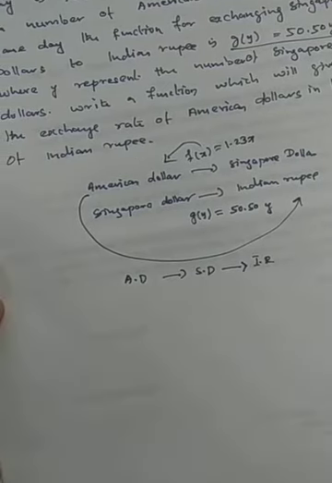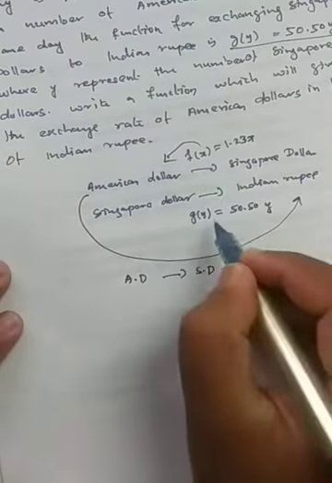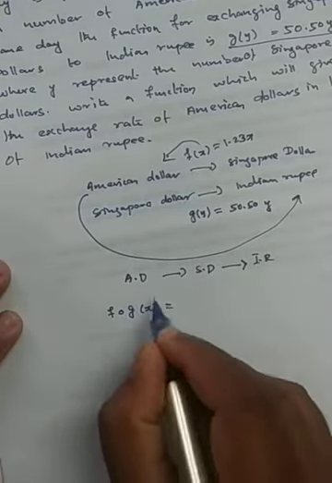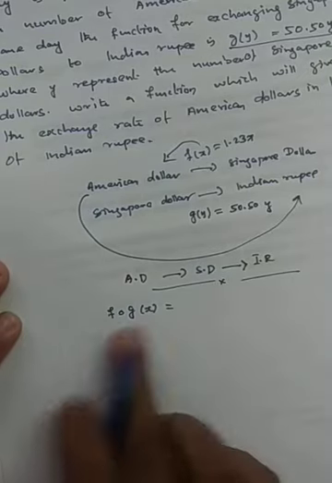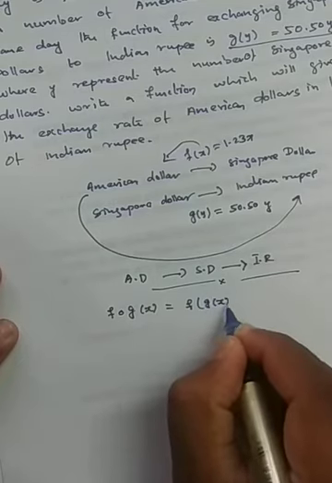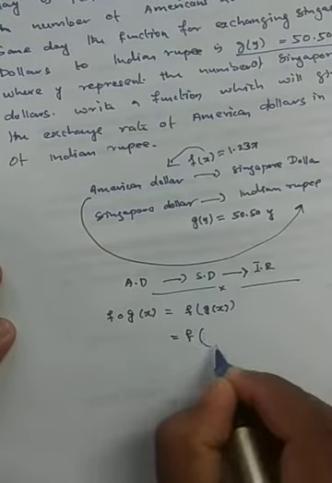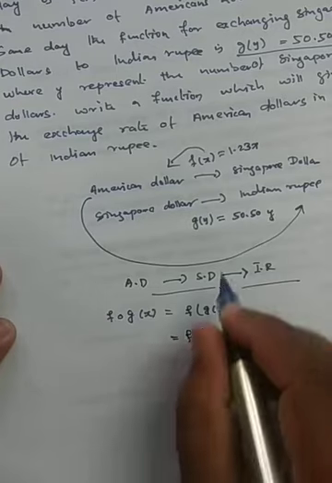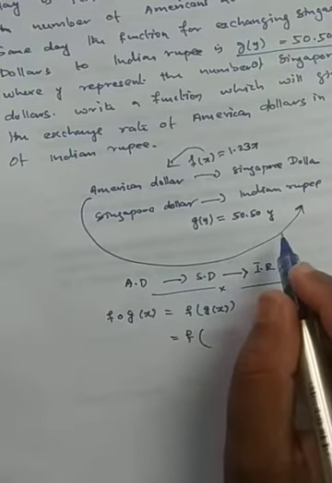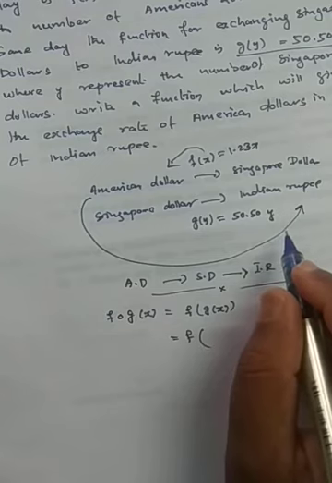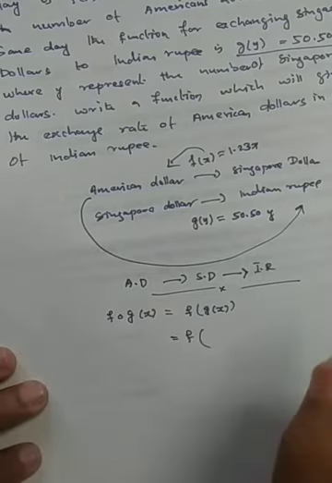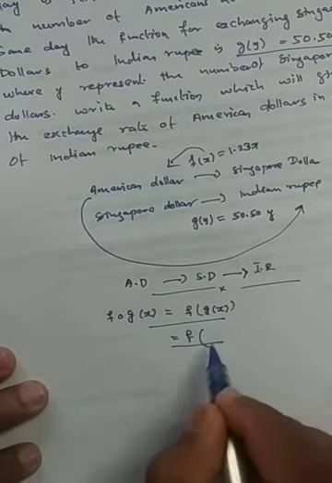In this way it's going, which means f of g. So f circle g of x we need to find. That is the question actually. We convert now to a composite function. So that is f of g of x that we are going to find. What is the g of x here? 50.50 in terms of y is there, and in terms of x is there. So carefully, it's not an issue. We are going to write the same things in this way.